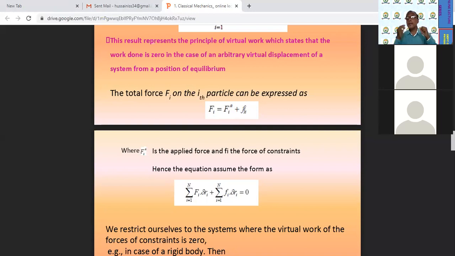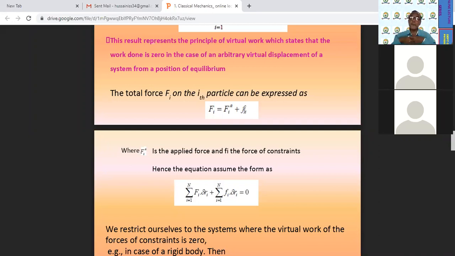Constraint किसको बोला था मैंने? Constraint is the रुकावट, a restriction or limitation on the motion of the particle. So whenever the particle is moving, it is exposed to two types of forces. One is the applied force which we are applying, and another is the force which is developed in it due to the constraint. उसके ऊपर जो लिमिट है, जो बंधक है, जो रिस्ट्रिक्शन है कि बाहर नहीं निकलना, इधर नहीं गिरना, इस तरह के रिस्ट्रिक्शन की वजह से भी उसके ऊपर फोर्स रहती है। Therefore the total force on the ith particle, कितने फोर्सेस रहेंगे? Two forces are there. One is the applied force which we denote in this equation by Fia, and another is the force of constraint.